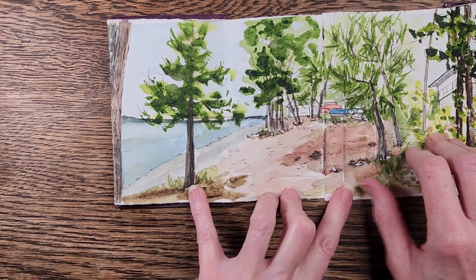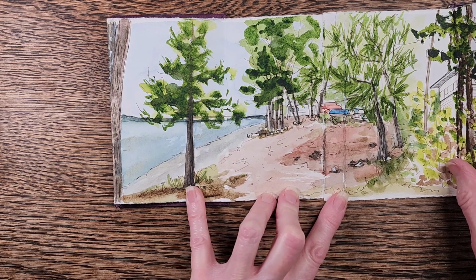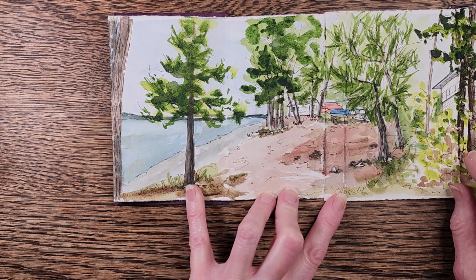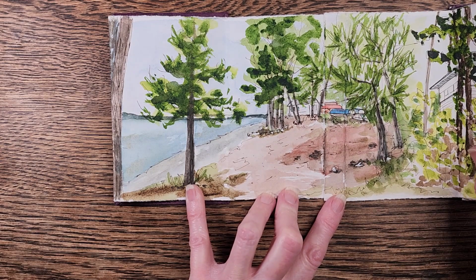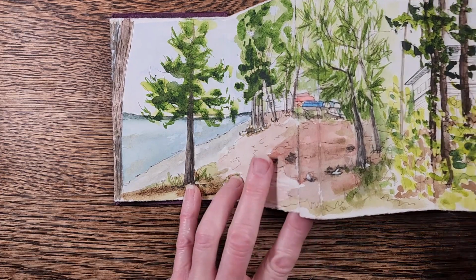And this is the little boathouse. That is the same one I drew in the other book. It is the same house. You can see it's got the little turquoise on it. I wasn't sure if the boathouse was the same one. But yes. And then this building, going up the hill,